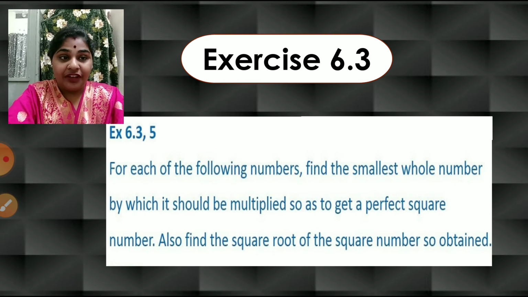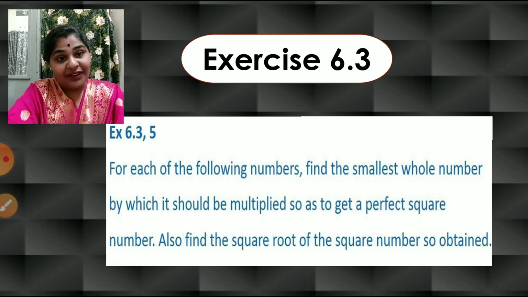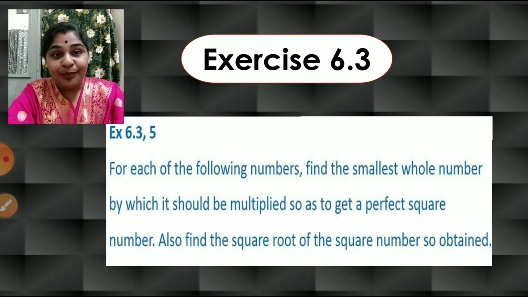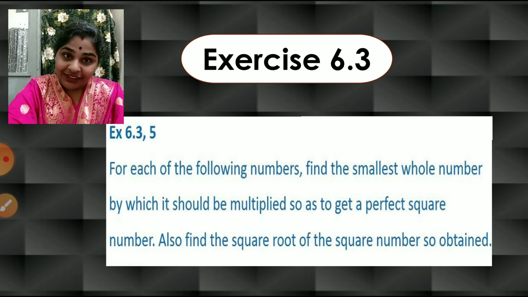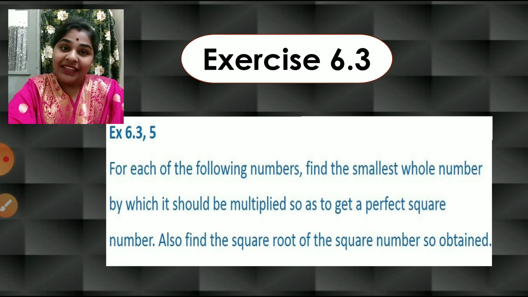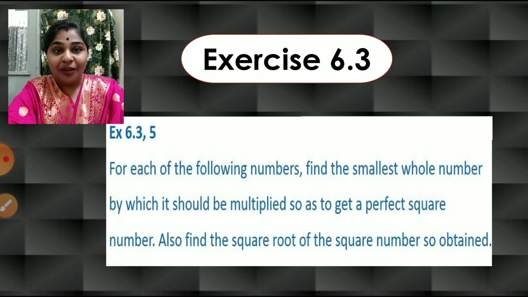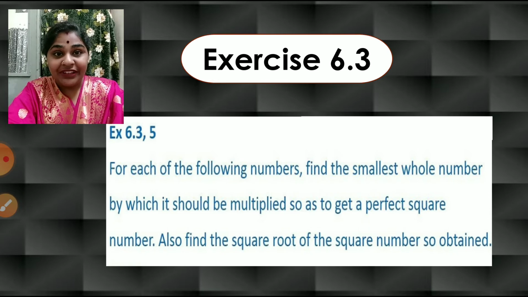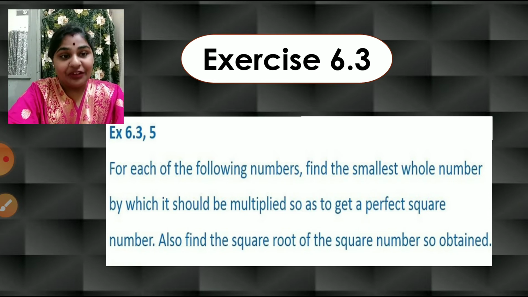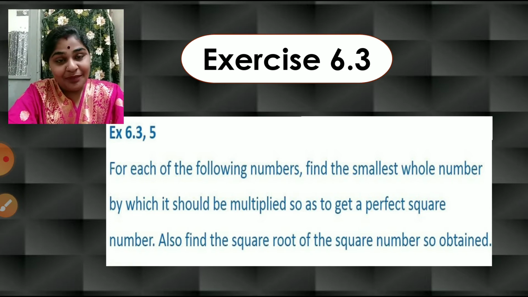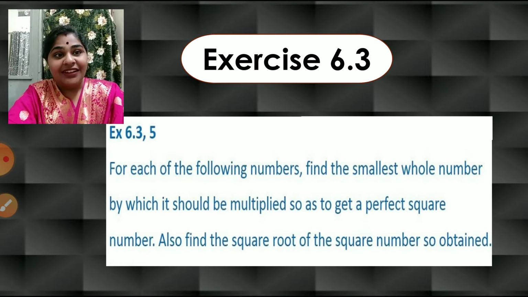So first, whatever the given number is, we will find which smallest number can be multiplied to it to get a perfect square. That means the given number will not be a perfect square, children. So first we will factorize it. Whichever number is left alone, not in a pair, we will multiply on both sides. That will be the number which should be multiplied. And after multiplying, we will find the square root of the number we get. So two things we have to do here: find the smallest number to be multiplied and also the square root of the new number which we get after multiplying. So let us begin.